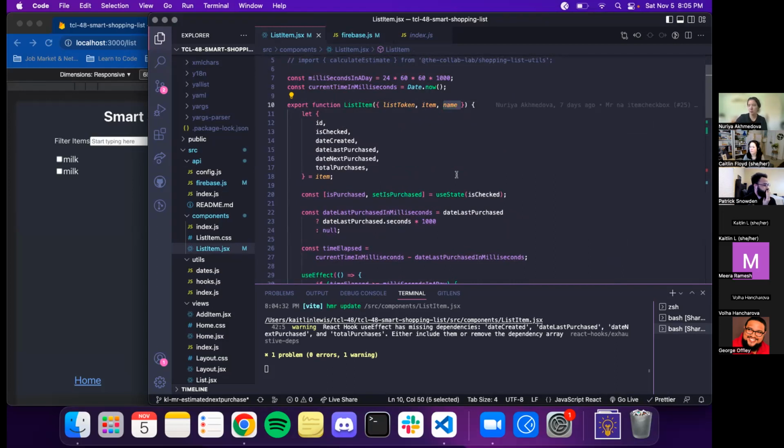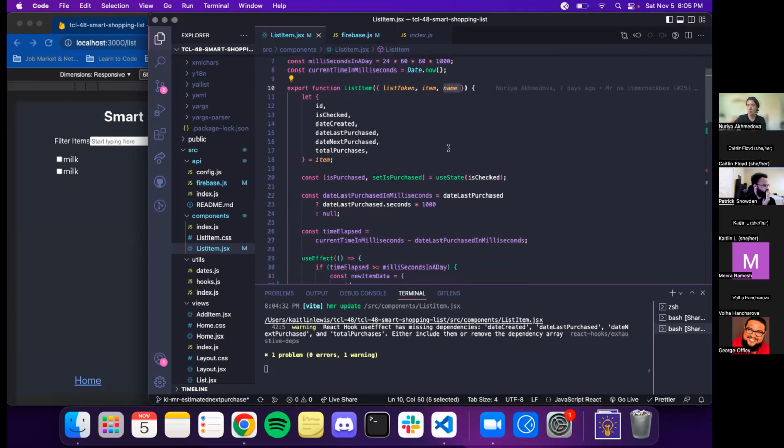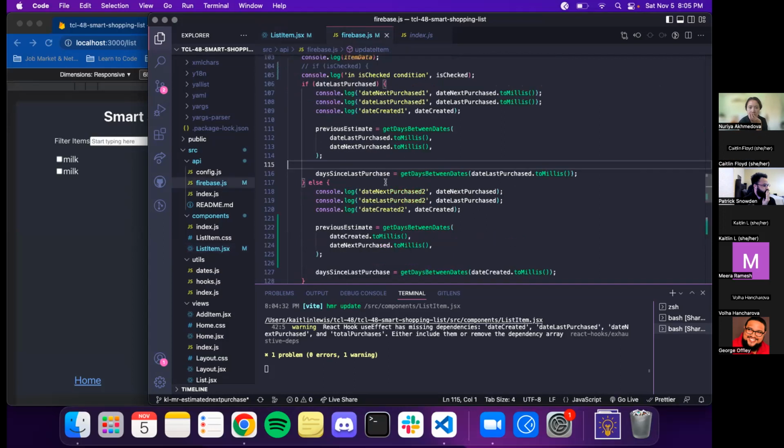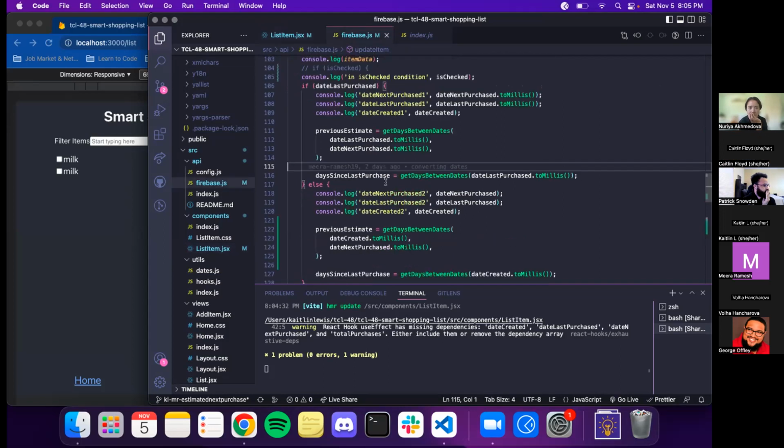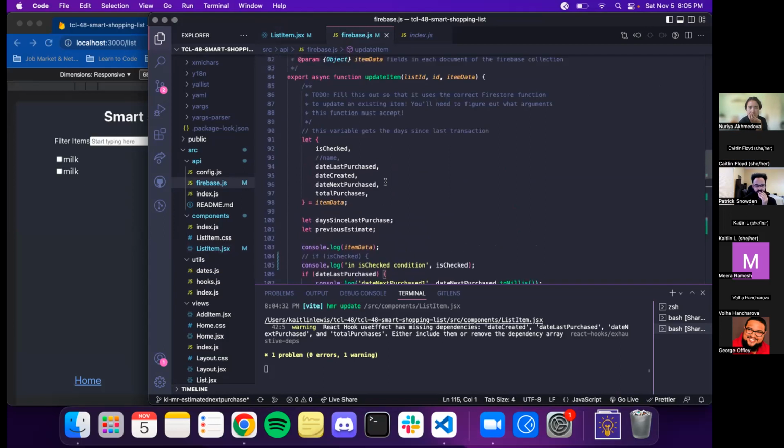Yeah. So when we were looking at the code yesterday, we would often get undefined because you would pass a limited number of items, but on the other side, in your Firebase, you would expect to have more items than you passed, and that would introduce a lot of undefined. So perhaps a good practice would be to pass the entirety of your item, and then just select what you need there. So let's try it now.